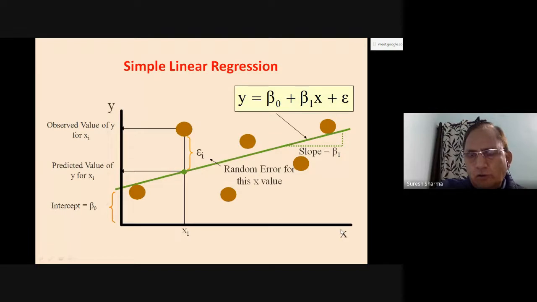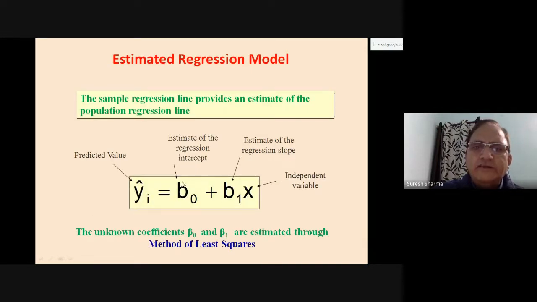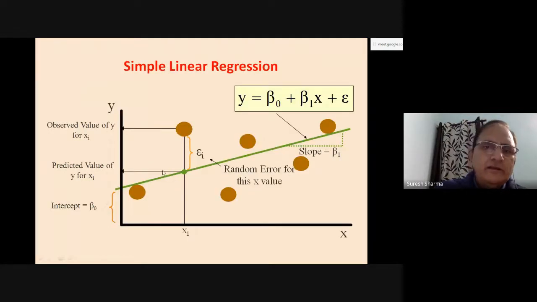So after doing all the calculations, your picture looks like this. This is the original data. And to draw a line, let's say I'll have a line of best fit. This green line is the line of best fit. The line of best fit is this one when these are estimated from the data. Now you give one value to X, you can estimate Y. Give another value to X, you can estimate Y. And to draw a line, you need only 2 points. So in the scatter plot, let's say one point is here, another point is here. I draw a line. This is that green line. So the green line is the line of best prediction.